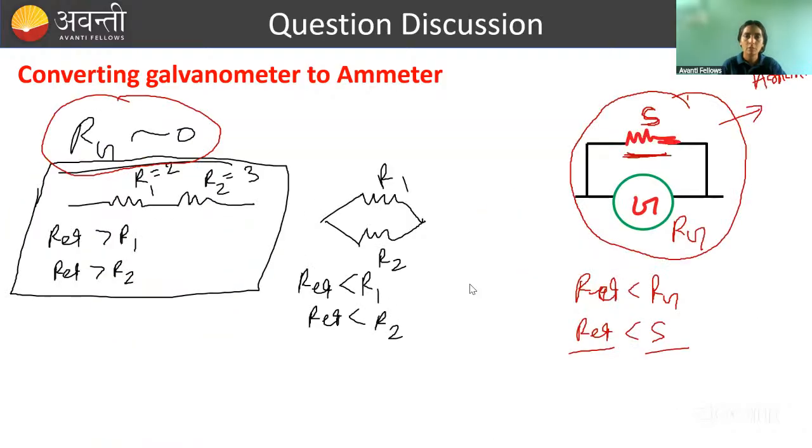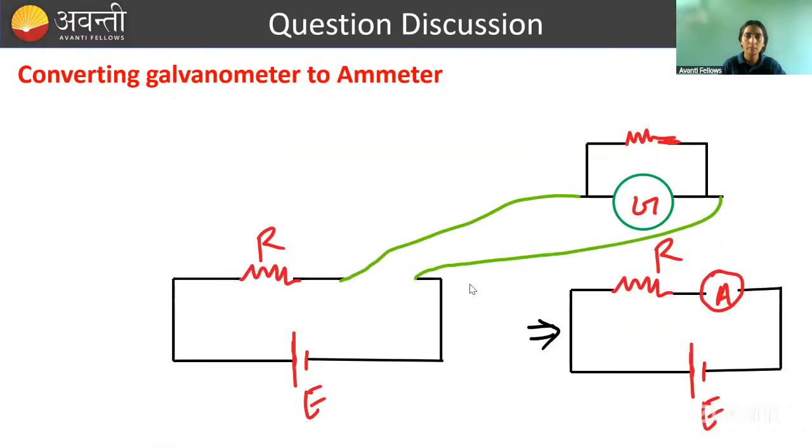of current. So this ammeter we will connect here in series with the resistor, and this is what we are calling an ammeter. So now we are connecting the ammeter here. So this is called an ammeter. What is an ammeter? How do we convert a galvanometer to an ammeter? By connecting a shunt resistance in parallel with the